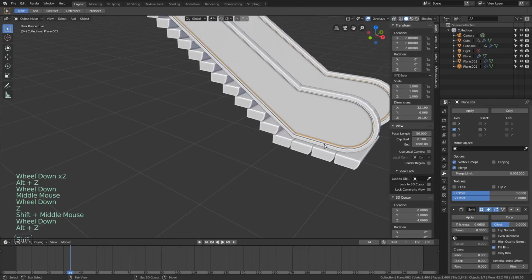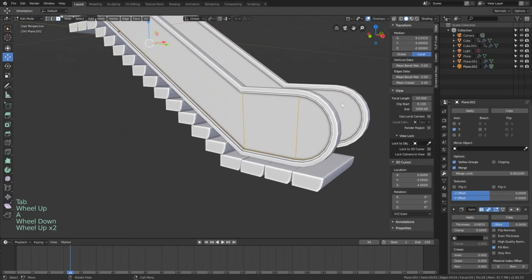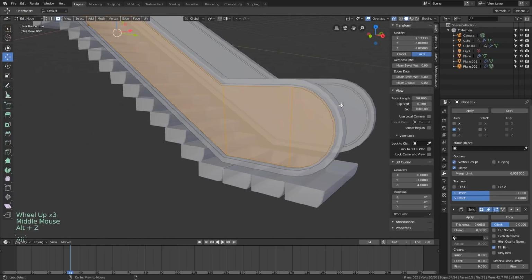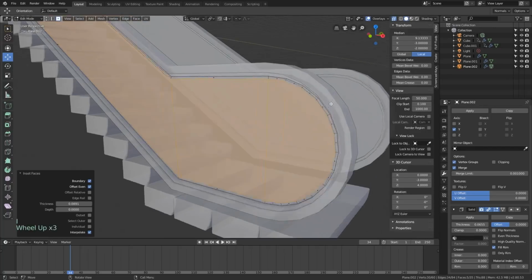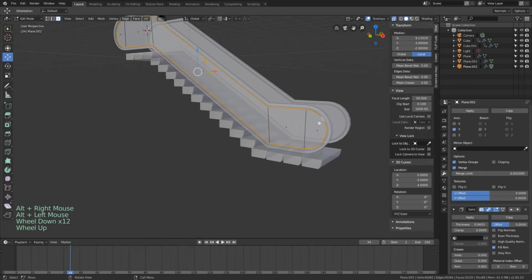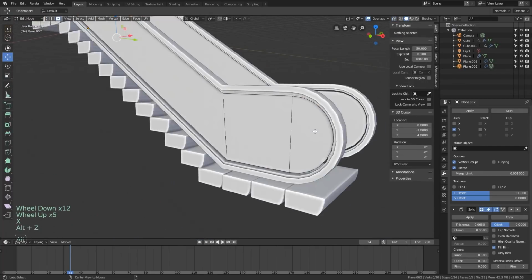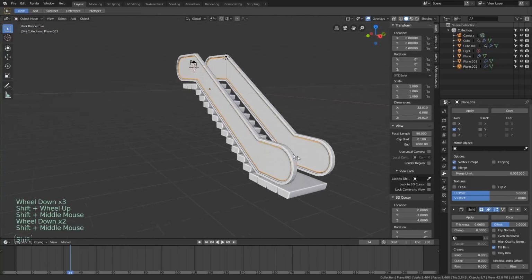And maybe we want a little bit of an offset with the glass, so in this glass object, let's just do inset again. And then I'm going to Alt and left click that edge and delete those faces, and that'll just create a nice little gap for us there. I think that looks cool.